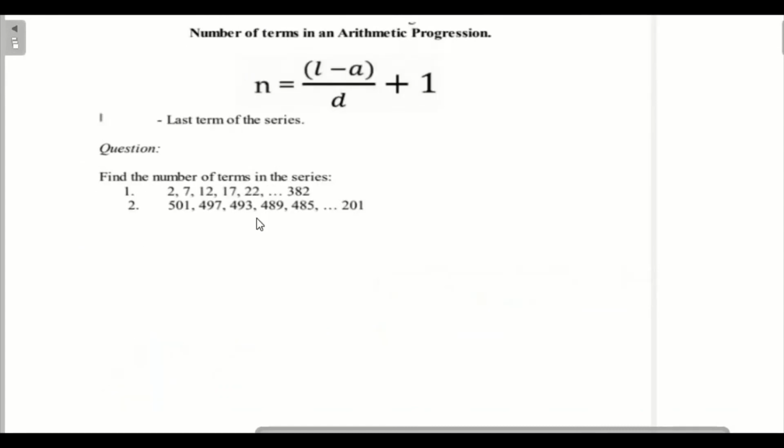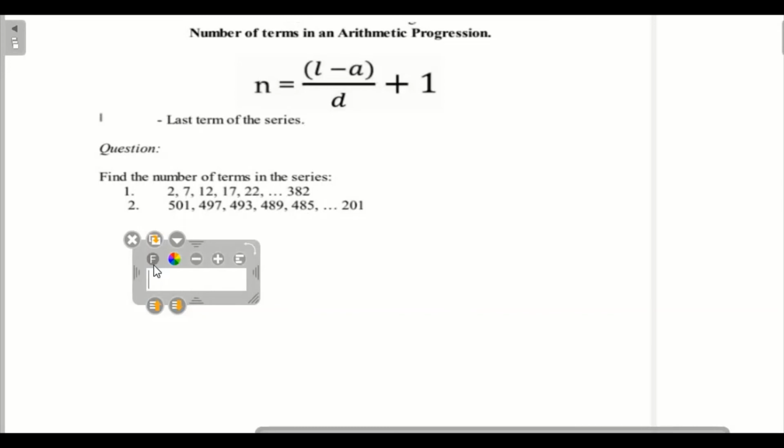In the next sum, we have to find the last term of the series. They never mentioned which term they have. So here we have the example. As usual we have to find the value of a, n and l. We have to find the number of terms in the series. They have given the last term also. We have to find the number of terms.